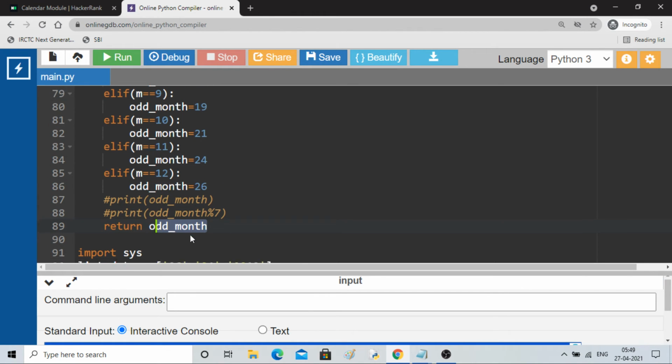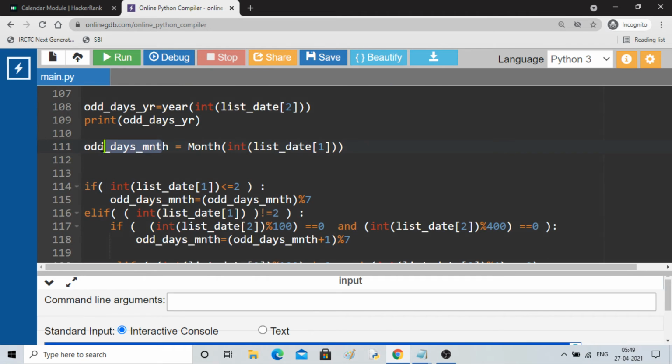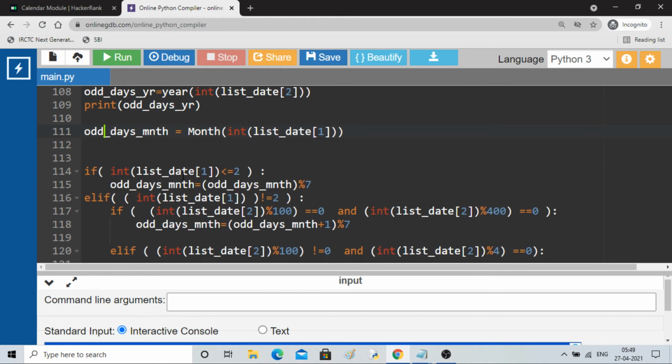Total I will get, right? So it will come back and give it to this month value. Now I will check whether the given year is a leap year or not, and depending upon that I will add 1 or not in this given month. So see here, this is the month. If the value of month is less than or equal to 2, the odd number of days for month will be divided by 7 as it is normal, no issue.